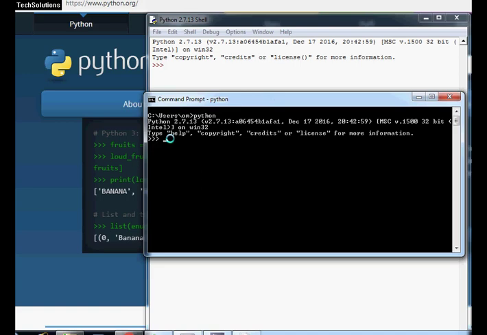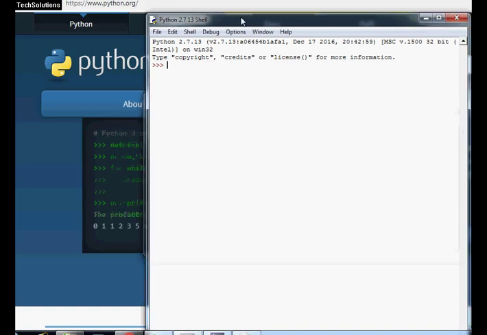It will lead us to the Python interactive mode, followed by the version information. Both environments, the console and the Python shell, that is IDLE, work in the same way in interactive mode. So first we will see IDLE.